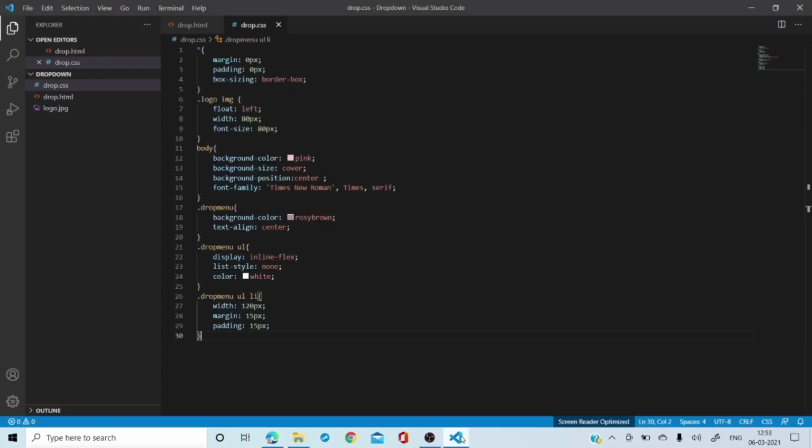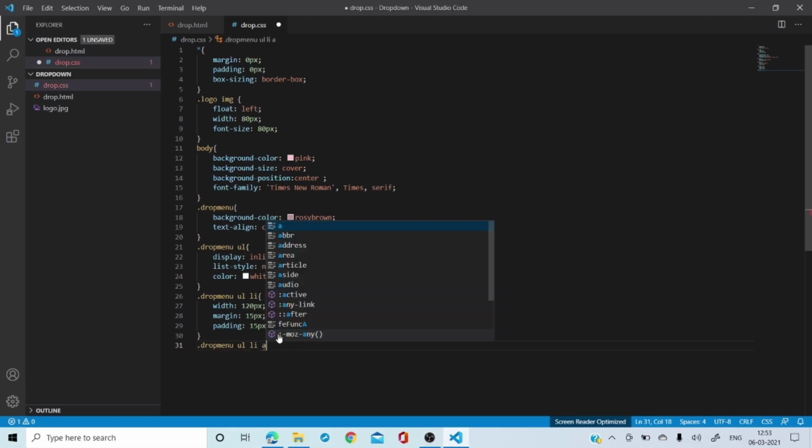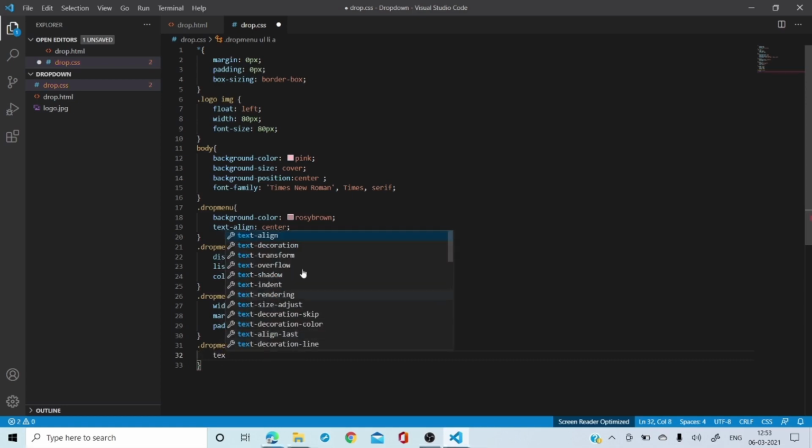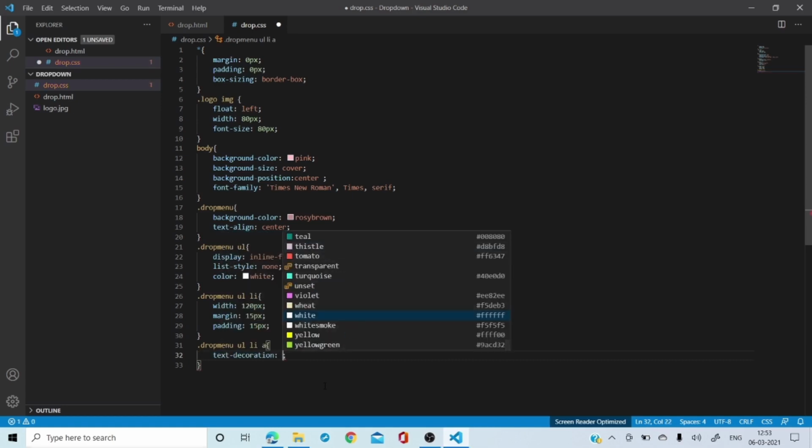Okay, coming on to the next part. See, now I want the same thing to be copied here. Okay, so let me just copy it from here. Okay, copy, go here, put it down, and after li what is going to come? A. Okay, this is for the anchor tag. So let me put the text decoration.